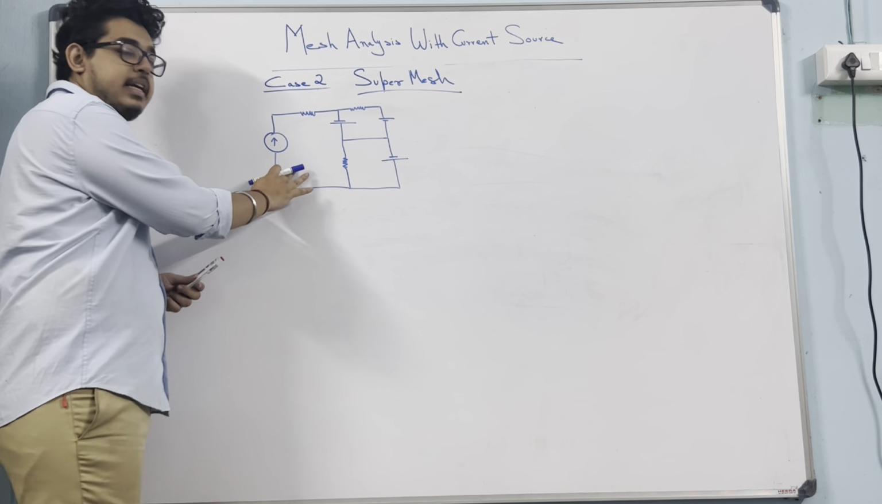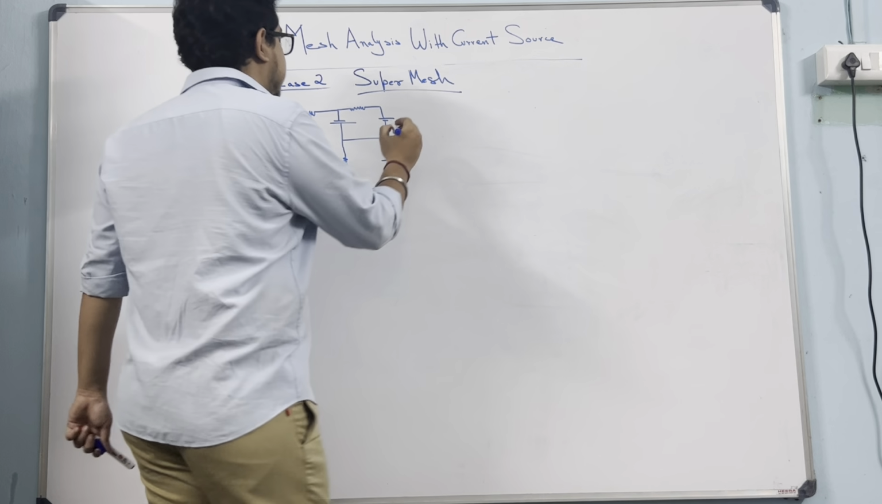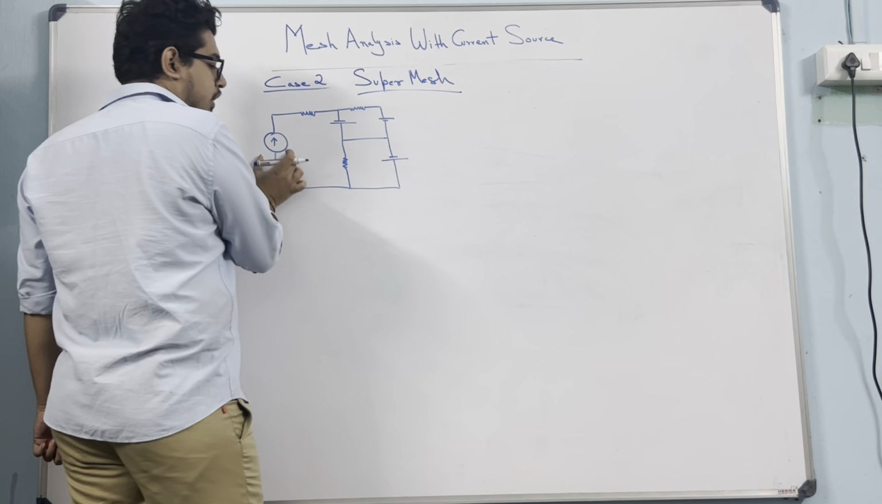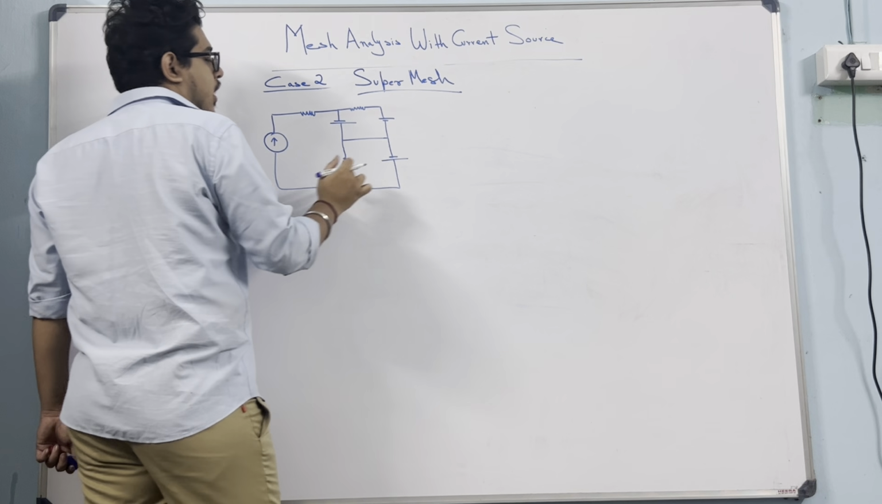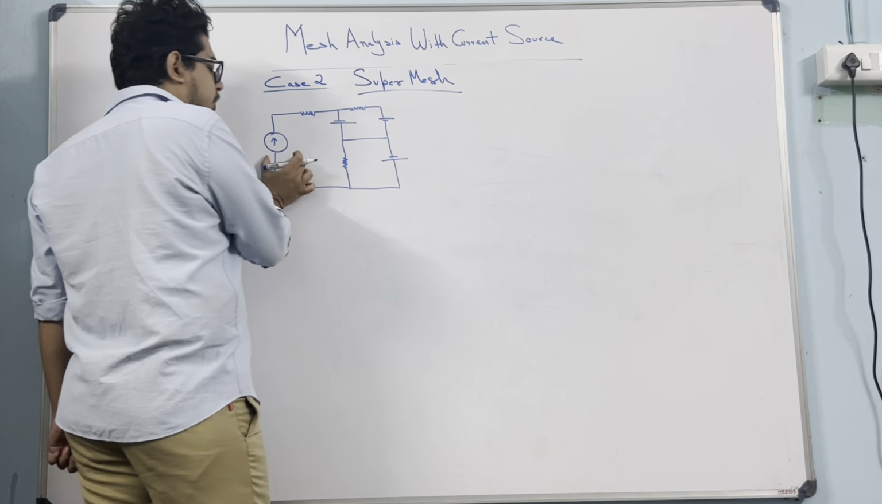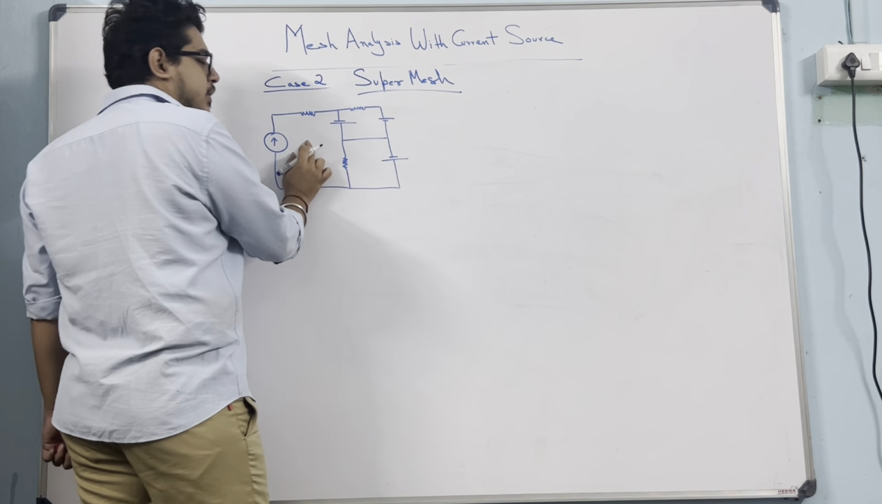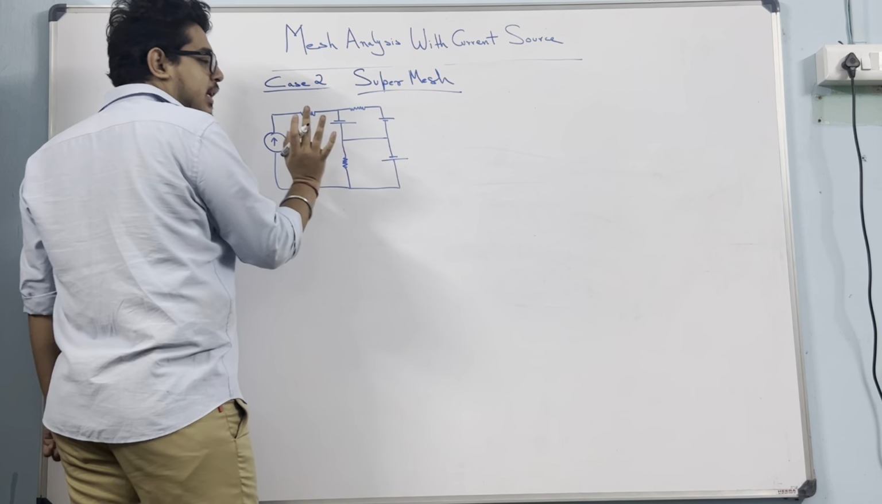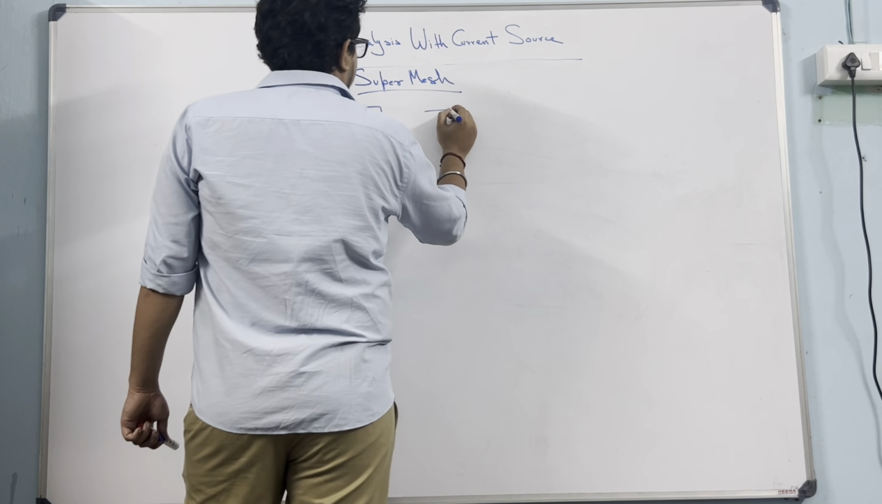So this is one case. Now suppose this is another case. Here only one current source is present at only one mesh. It could have been like this or it could have been like this, but only in one mesh, either in mesh 2 or mesh 3 or mesh 1, not in the junction. And another case would be